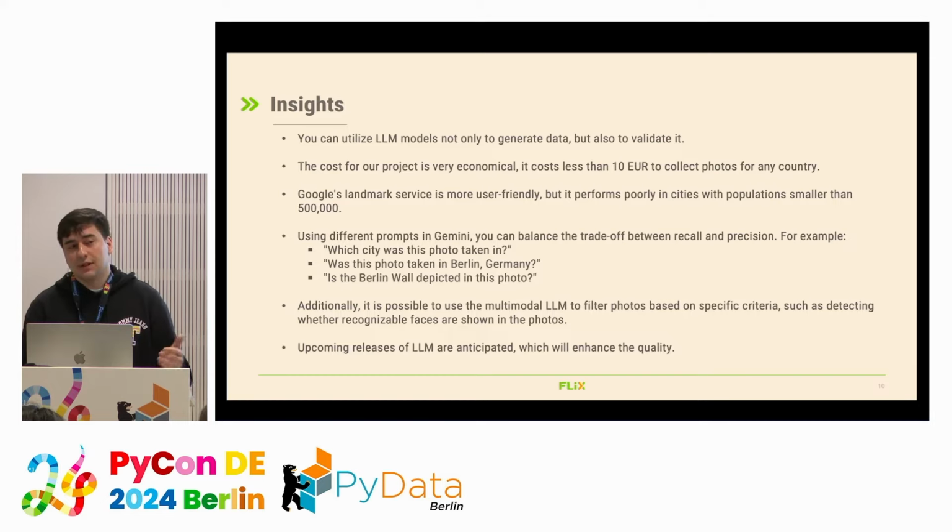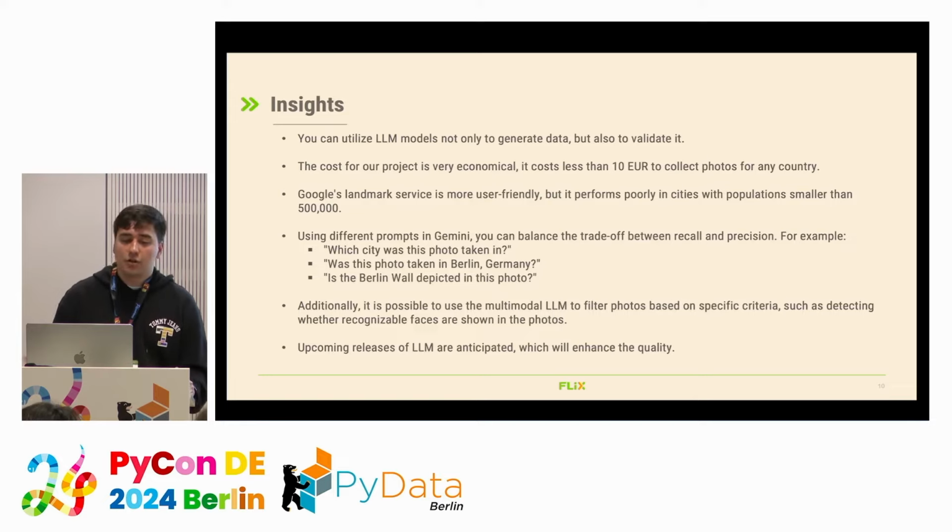I believe this opportunity should speed up R&D projects and decrease their cost, because indeed the cost of such a pipeline is very economical. So you can collect photos for each city you can find in Germany for less than 10